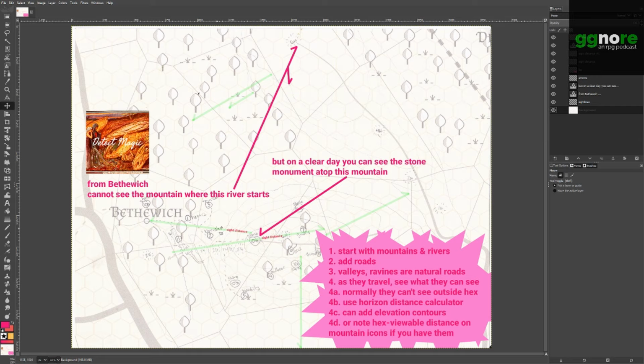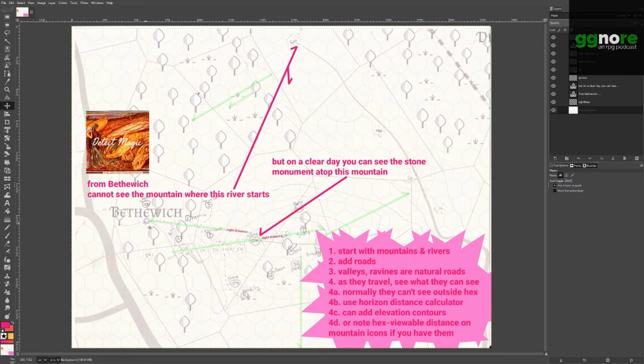And so for this one in the center, if you trace from the edge of the highest contour line, and you go 6 hexes thereabouts, yeah, you can see it from Bethwitch. And if you were to get on the high part of Bethwitch here, because you can see there's a contour line that cuts through the middle of the city, you could definitely see it, because this high contour line gives you 2 hex elevation. So that's, I think it's like 100 feet, something like that, which if you climbed a really tall tree, you could get the same thing.